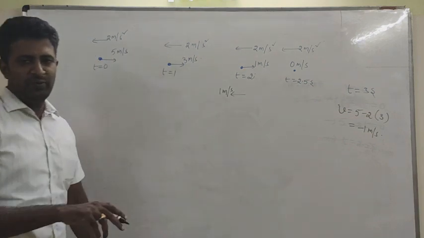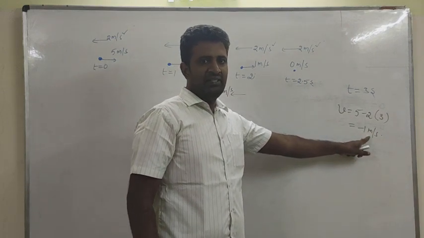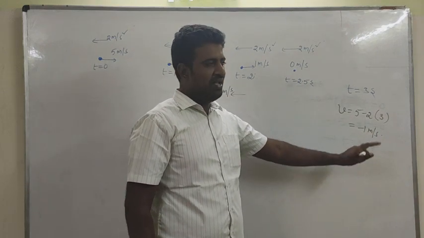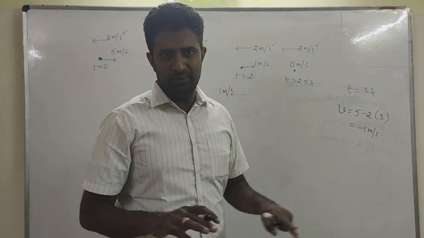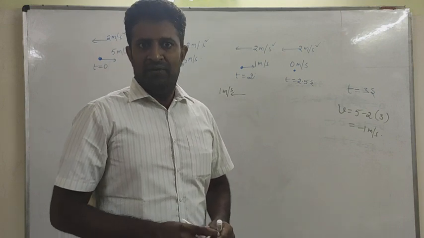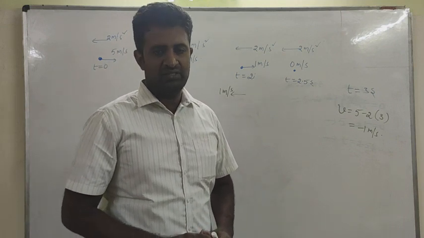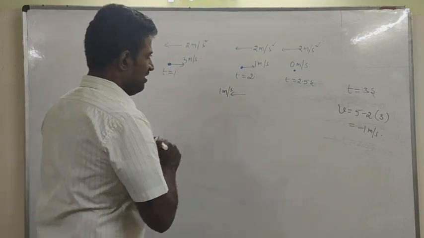How can I say that it is moving in backward direction? Velocity has become negative, which says that the particle is moving along negative x-axis. Generally, students used to solve the problem up to here and they used to remain as it is because they thought that the particle will come to permanent rest, which is not correct. The particle again comes back and retraces its journey.